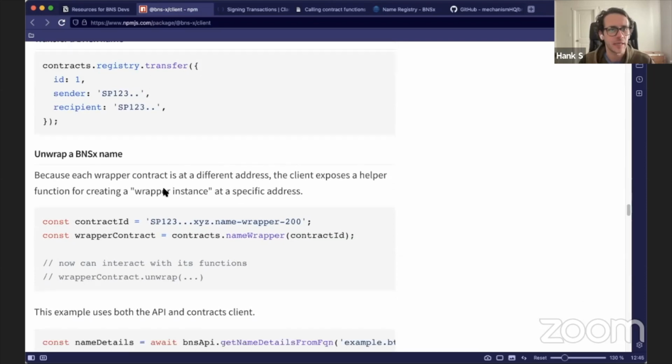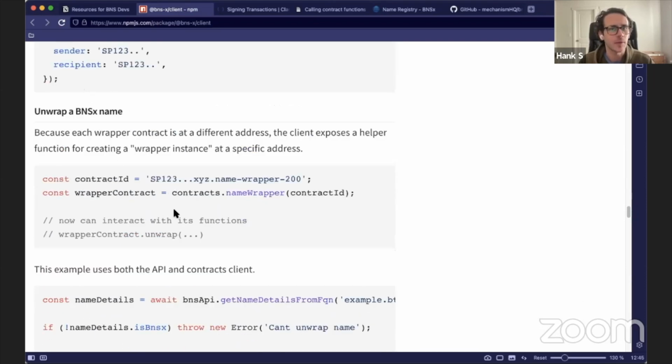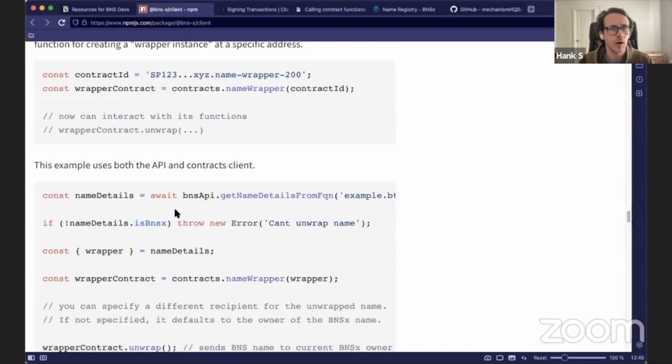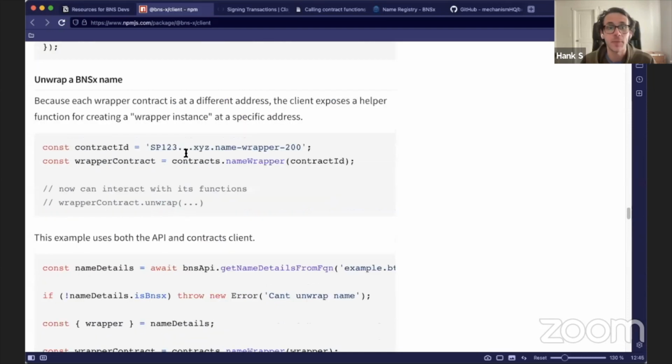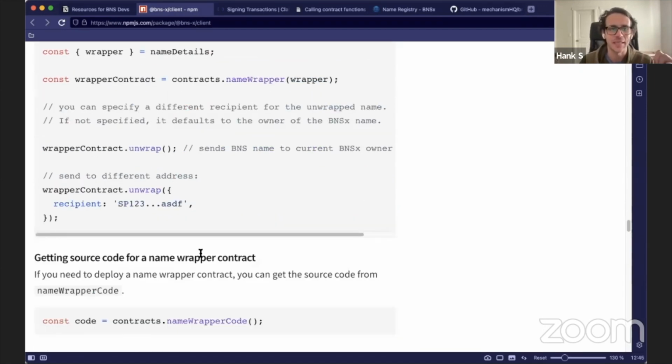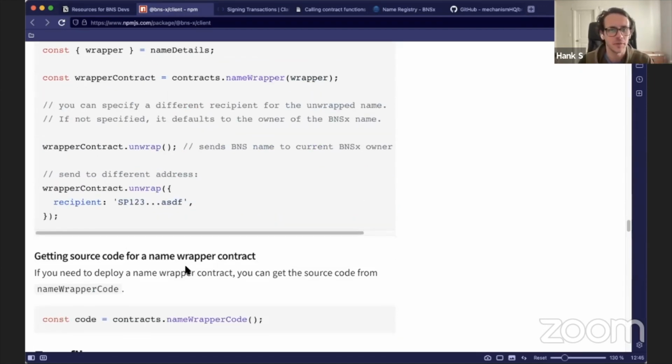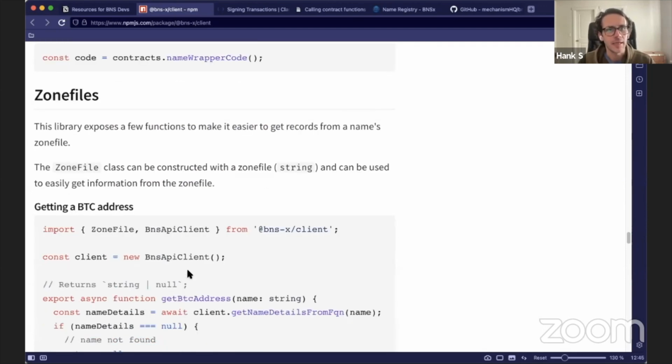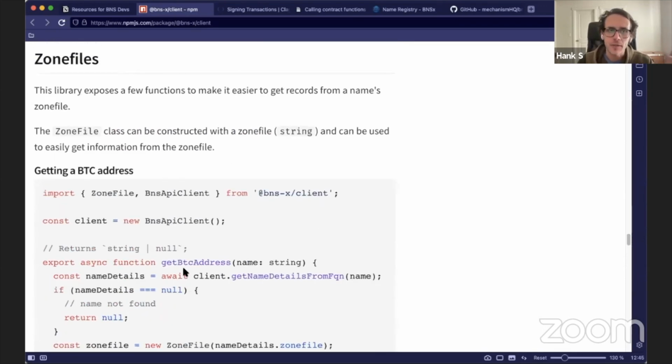Again, for transferring a name, for unwrapping a name, I have a link to the BNSX protocol documentation too. So if this is kind of like gibberish to you, then I totally understand. I've got links to help you learn more. And then beyond just API calls and